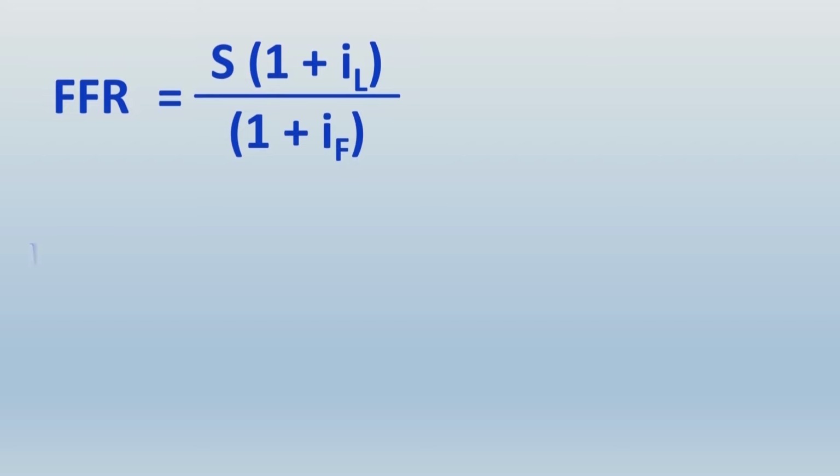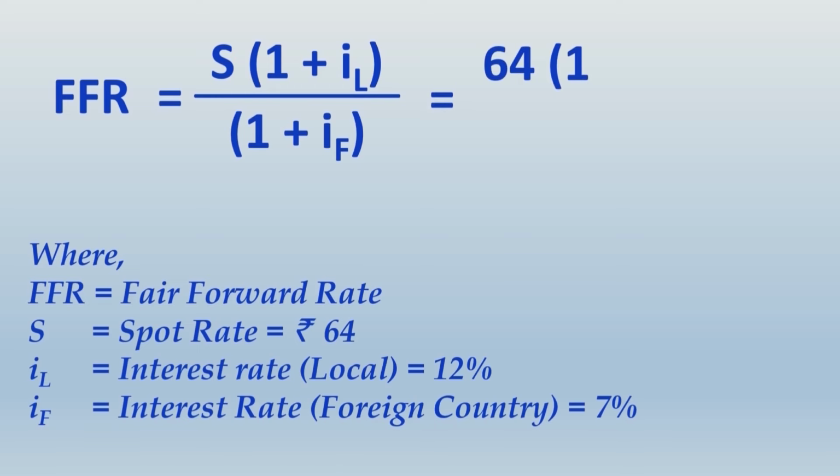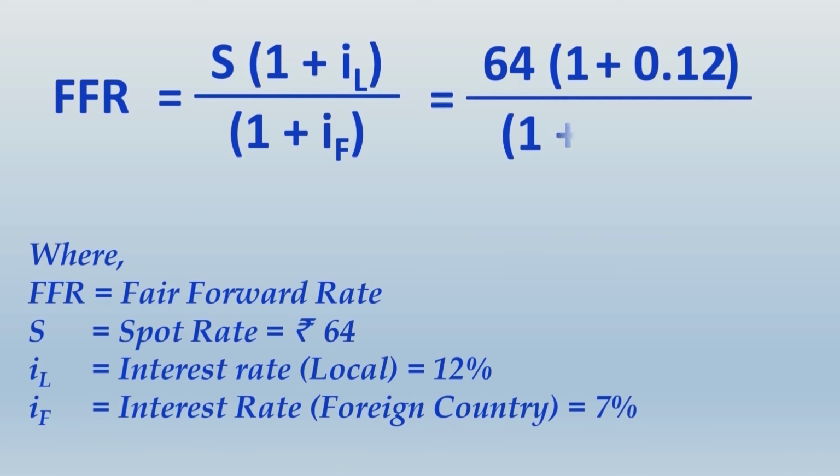Let us write up the description of each variable. FFR stands for fair forward rate. S is the spot rate, which is given as rupees 64. IL is the interest rate prevailing locally, that is 12%, and IF is the interest rate prevailing in the foreign country, that is 7%. So when we substitute these variables in the formula, what we get is 64 into 1 plus 0.12 divided by 1 plus 0.07, and what you get by calculation is exactly